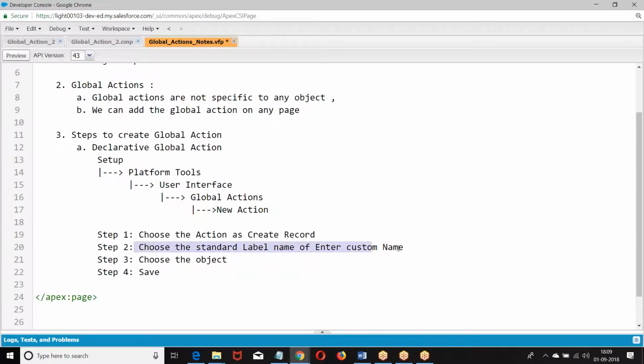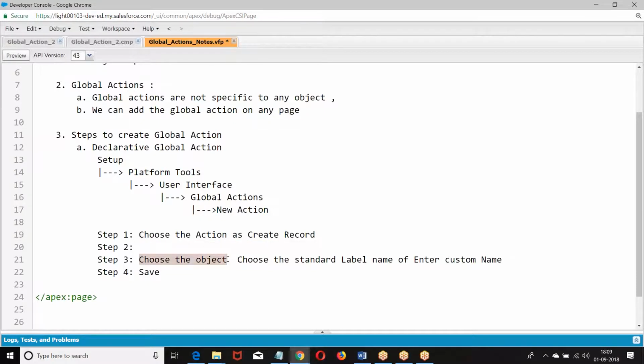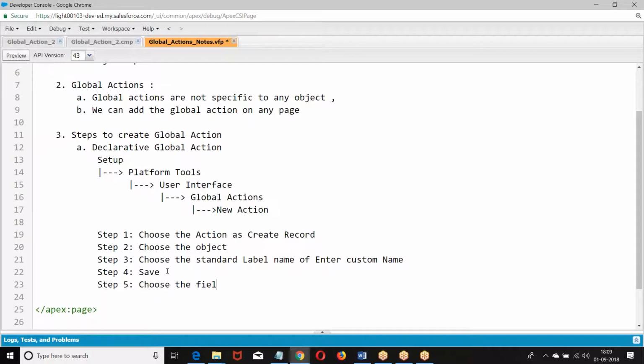Again, choose the steps vice versa if you want. Choose the fields, then publish the action.